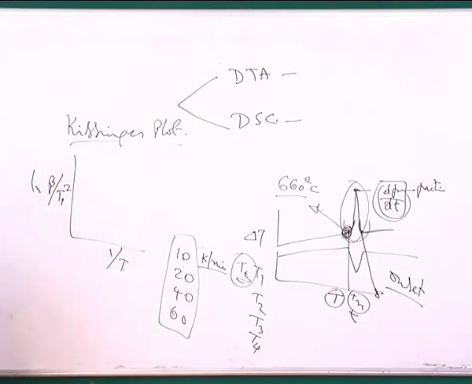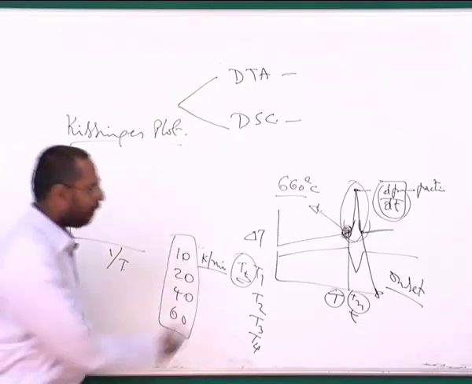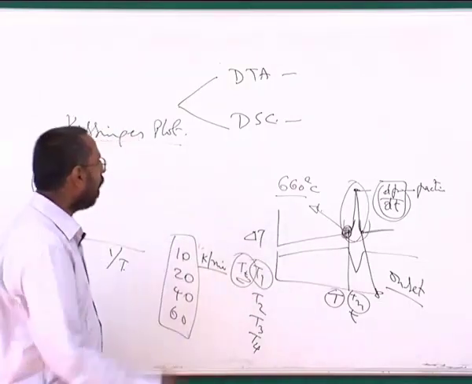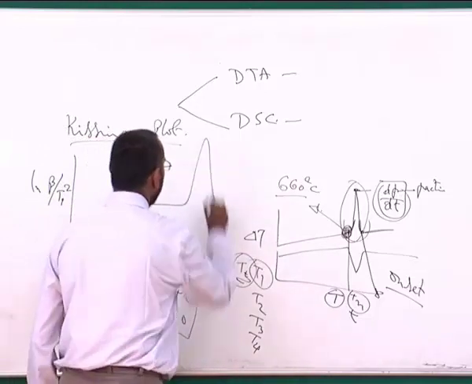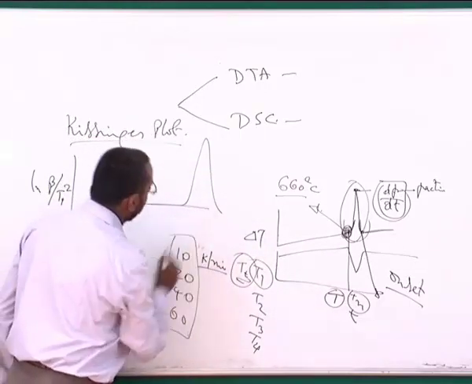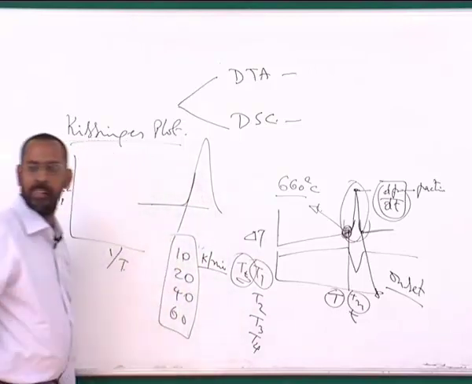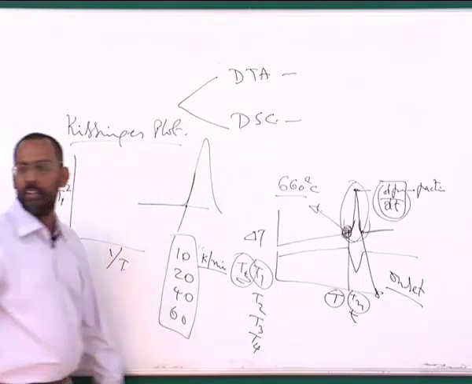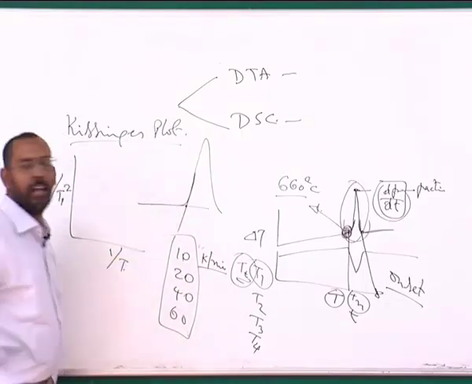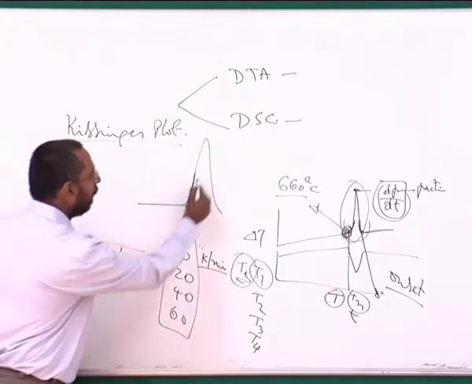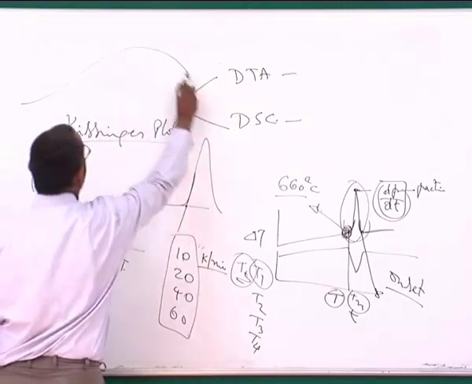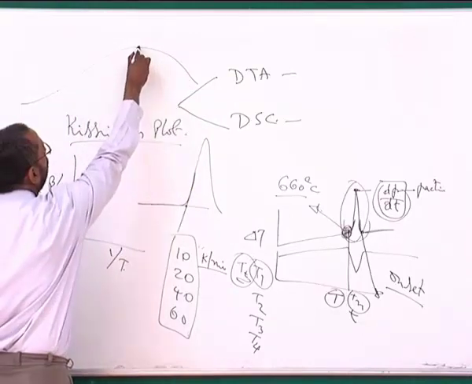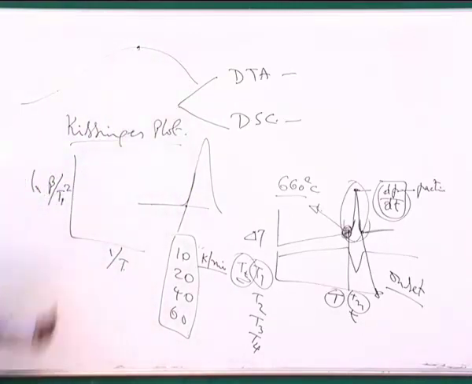For example, for each of the heating rates, I find out the transformation temperature, the onset temperature. The onset temperature we usually measure by drawing two tangents, one for this portion, one for this portion, and finding out where these two tangents meet, and that is the onset. Sometimes if the transformation is very broad, something like this, then instead of finding the onset, we directly use the peak itself.